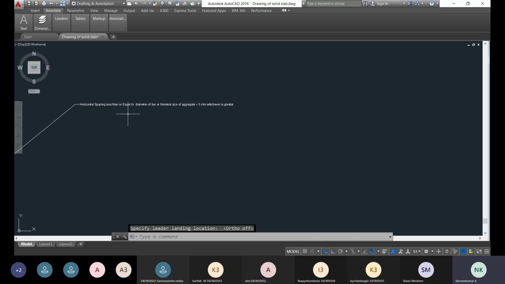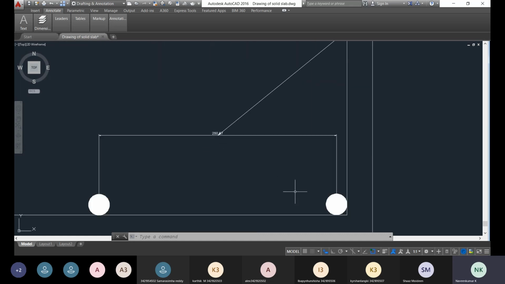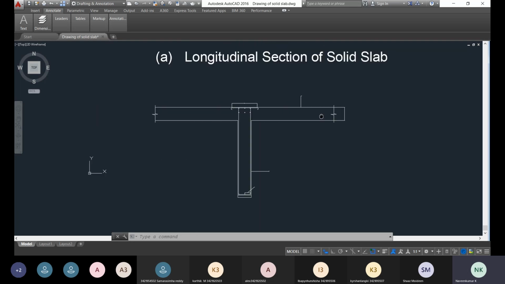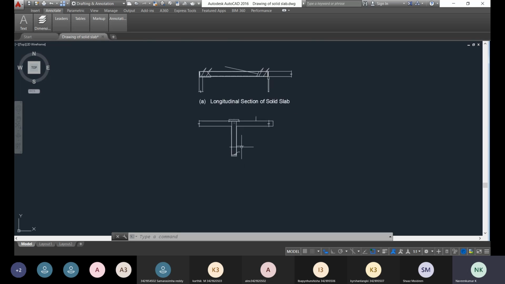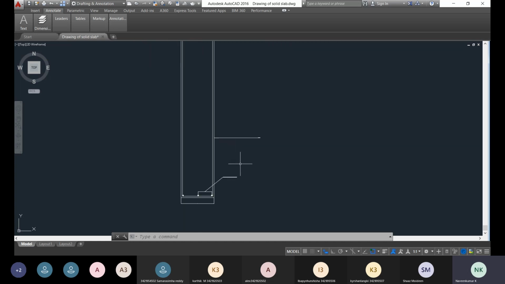Based upon this condition, you can choose the horizontal spacing between these two rods. Now we have completed the drafting. We have completed the drafting and detailing of the T beam, which is to be provided in the bridge. Now we're going to see, actually it is not visible.